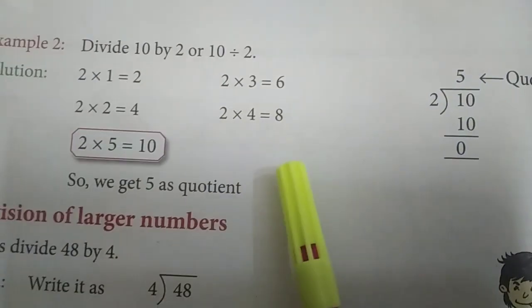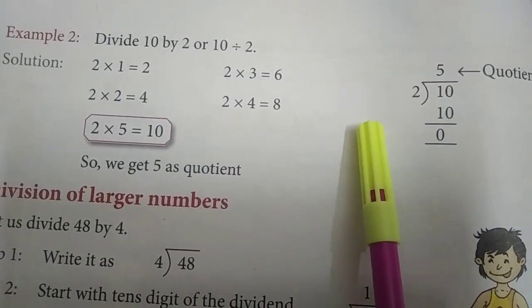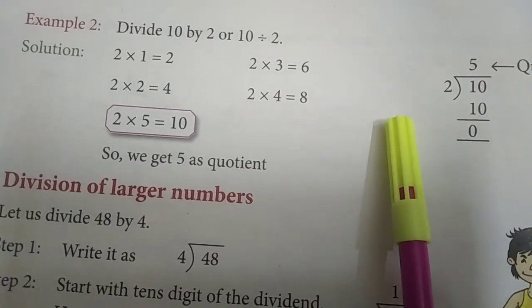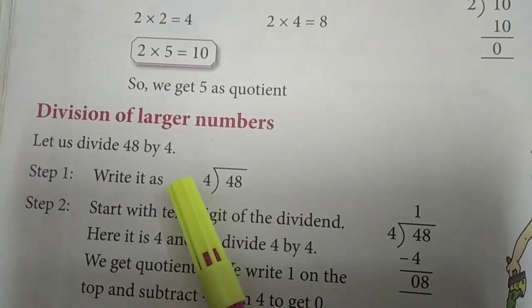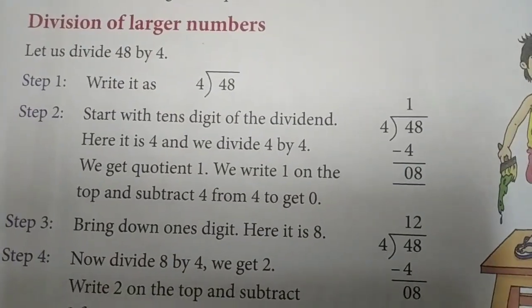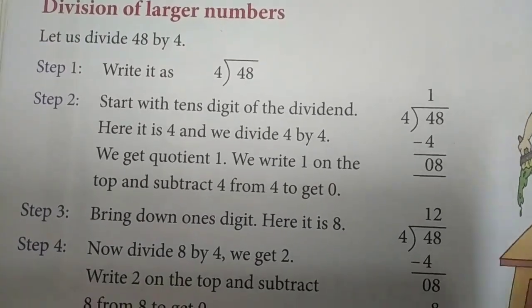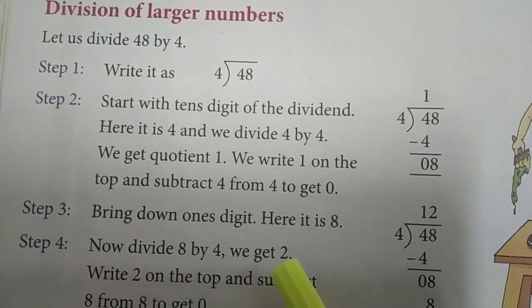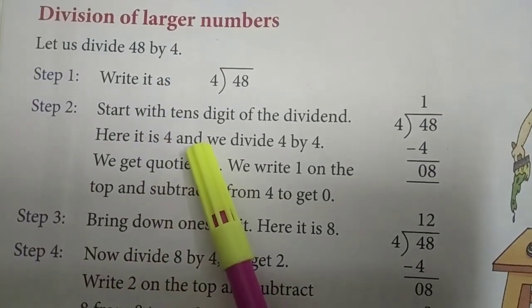Okay. Now if the number to be divided is not there in the table, that means if larger numbers are there, then how will we divide? Today we will discuss that. So first you see what the process is given in your textbook. Then I will explain to you. Then I will do the same thing in my notes and show you how to do it. So just follow what I am saying.